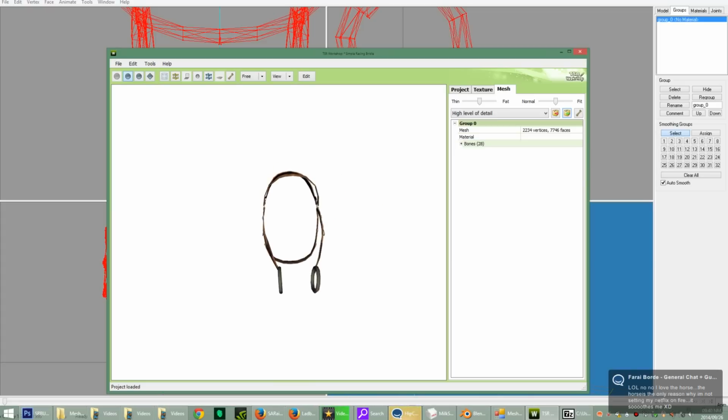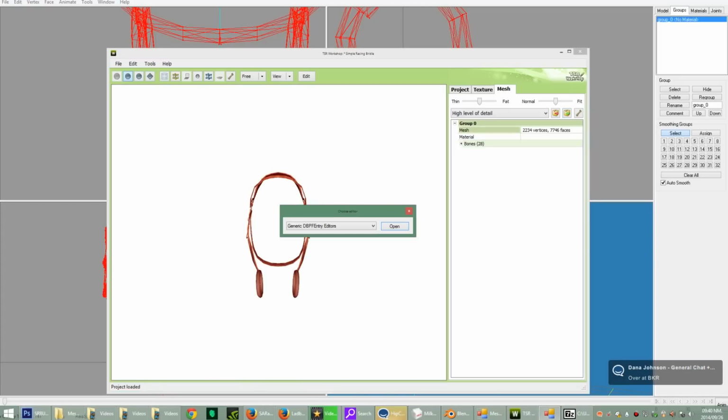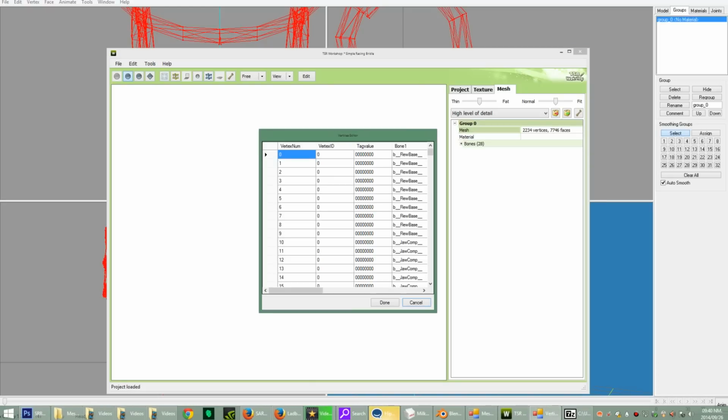There is one racing bridle and the bit doesn't work. But don't worry, we should be able to sort that out. Right, then we go to Geom Vertex Editor. Now to open this, you go to Mesh on the high level of detail. Go to Mesh here where it says Group 0 and then go to where all the numbers say 2,234 vertices